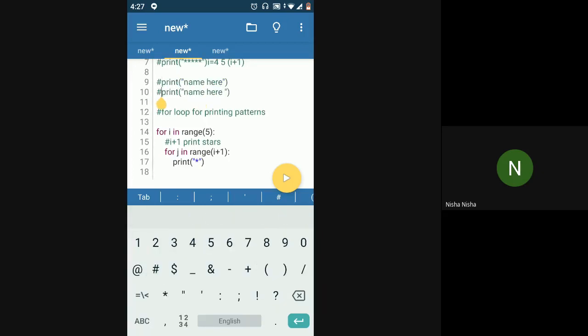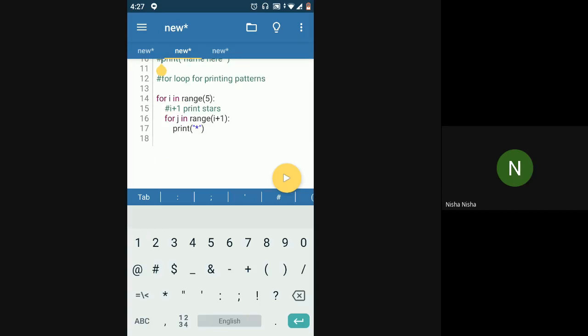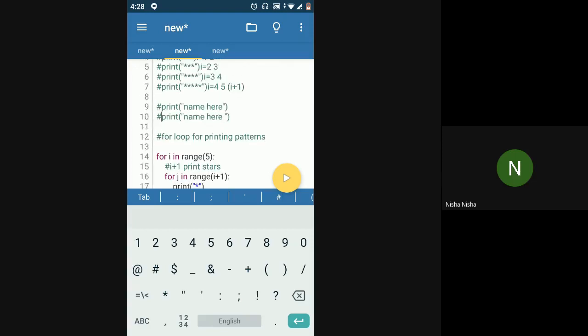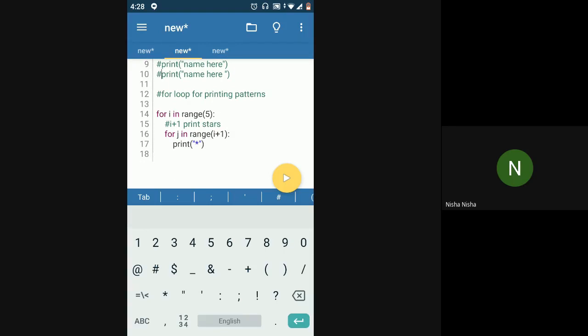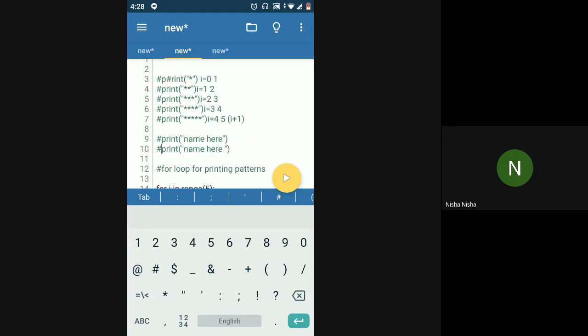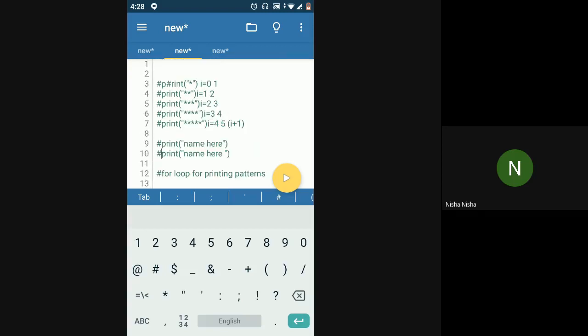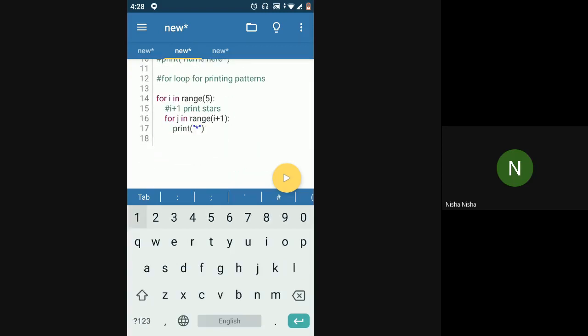Yeah. So you don't want each of the stars to be printed on a separate line. This will give you the right number of stars. You will get exactly the number of stars that you require, because in the first iteration only one star will be printed. In the second iteration, two stars will be printed. But those stars will not be printed as per the pattern. It won't be printed like how it is over here. It will be printed one below the other.